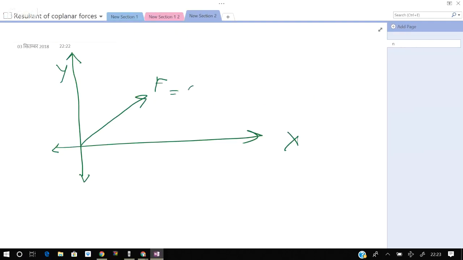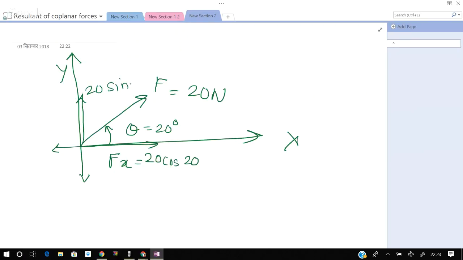as F is equal to, supposedly, 20 Newton. Over here, this angle which we are representing is an anti-clockwise angle, supposedly theta is equal to 20 degrees. So we can resolve this into two individual components along x-axis, that will be Fx is equal to 20 cos of 20 and Fy will be equal to, along y-axis, 20 sine of 20